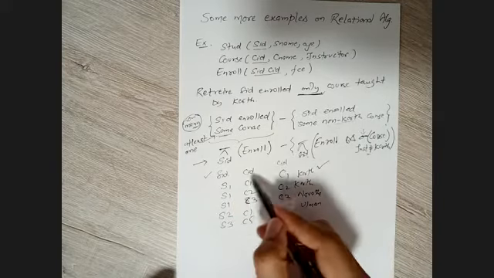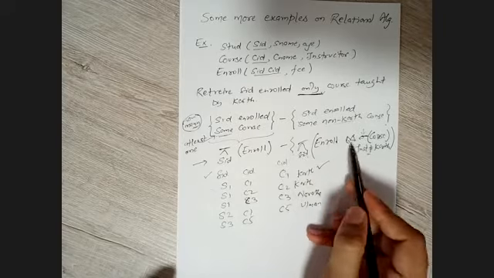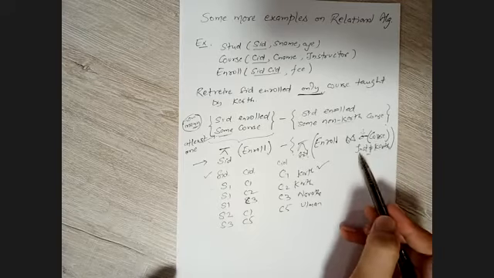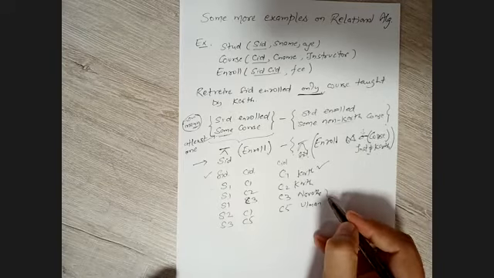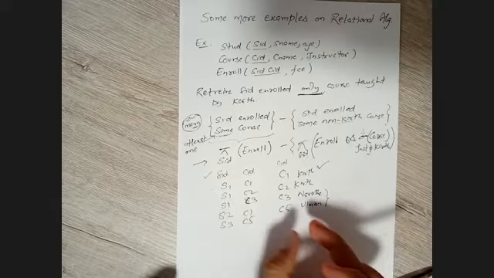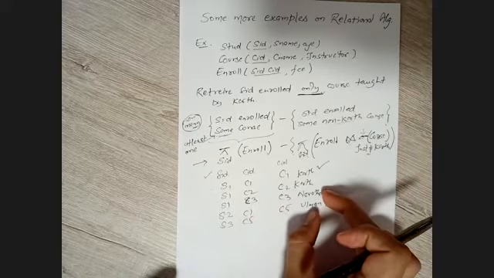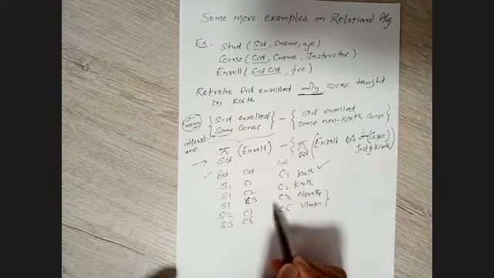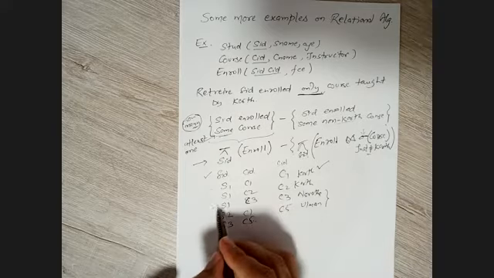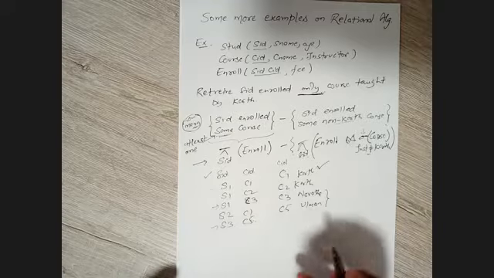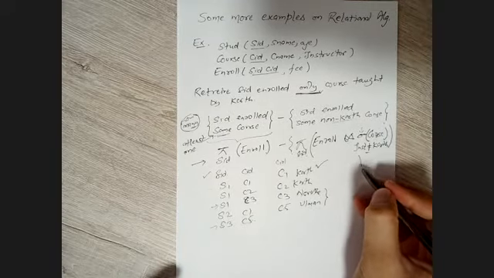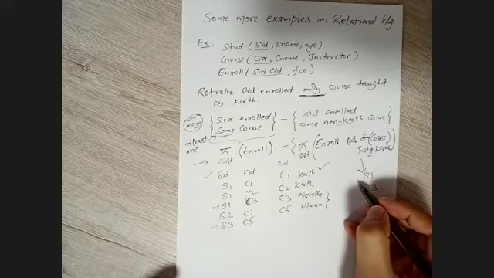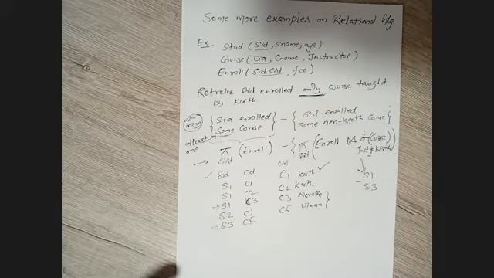So we are going to select those SIDs which, after performing the natural join on the courses, belong to courses in which the instructor is not Korth, that is Navathe and Ullman. Upon performing the natural join with these two rows, we join C3 with C3 and then C5 with this one. So we are going to reflect S1 from here and S3 from C5. So the output for this table is S1 and S3.